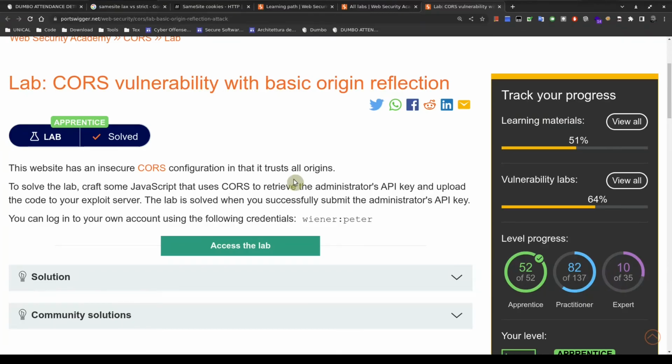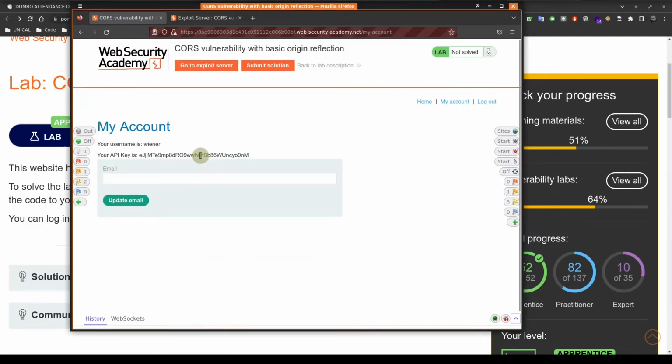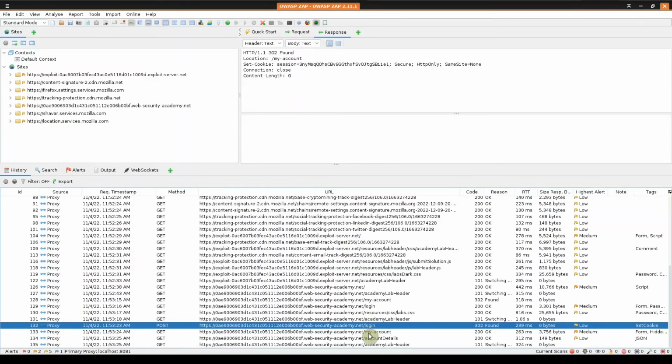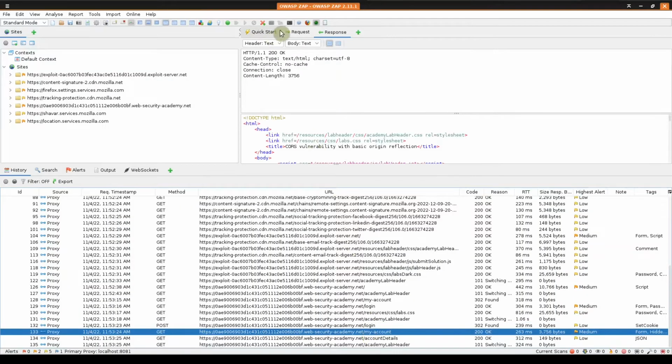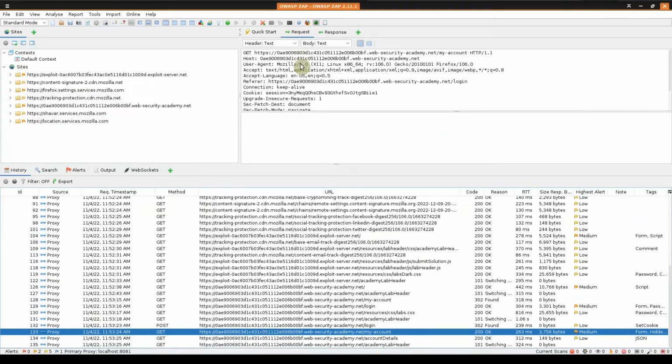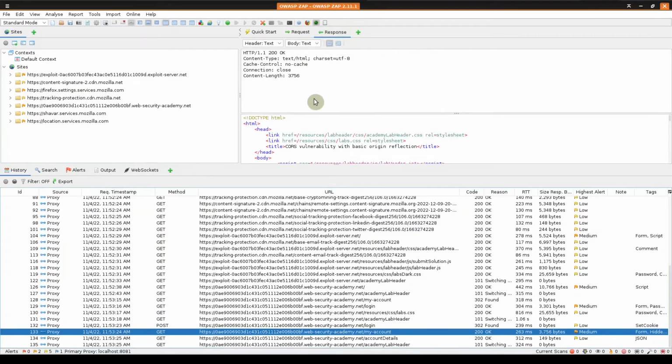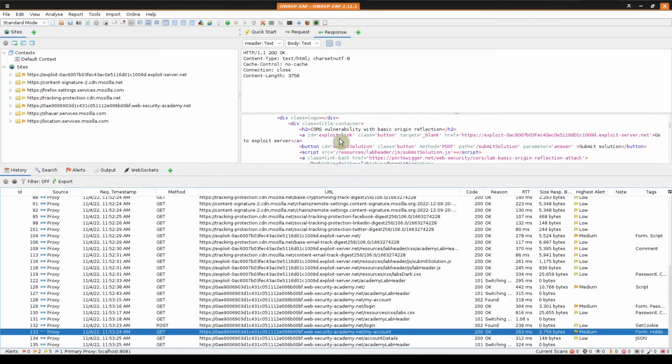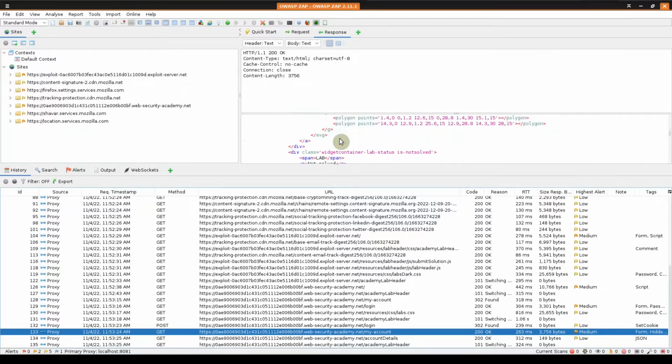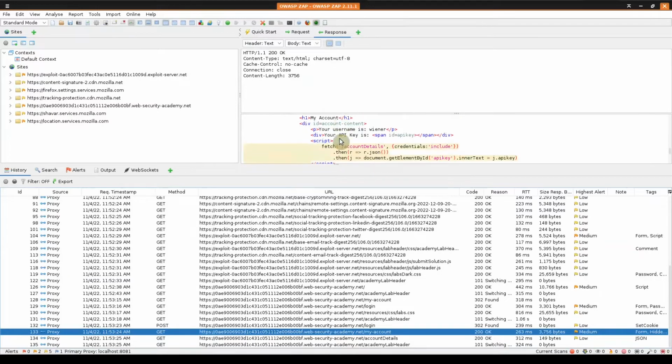The lab is solved when you successfully submit the administrator's API key. Okay, so we have an API key. The login redirects to My Account. For My Account, we just did a request with a GET, and then we got this content that should include somewhere